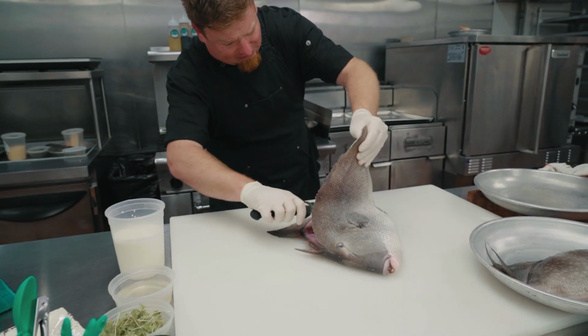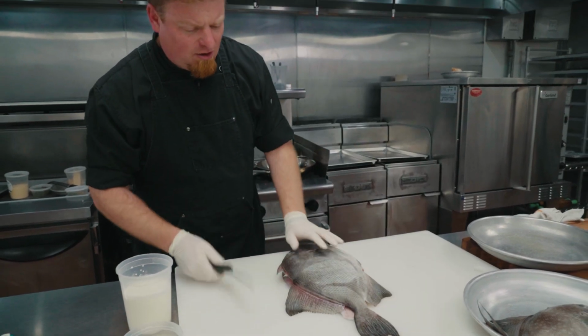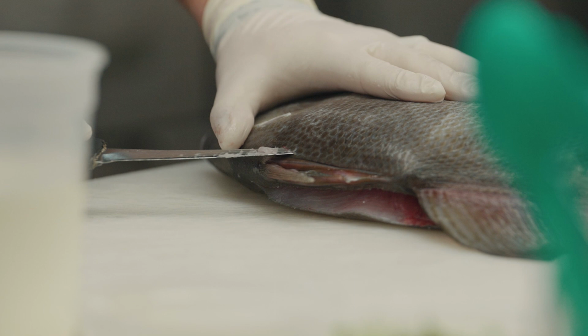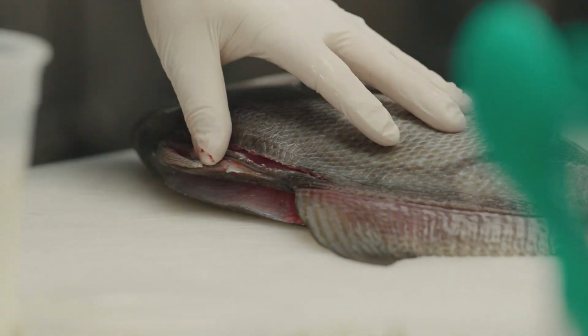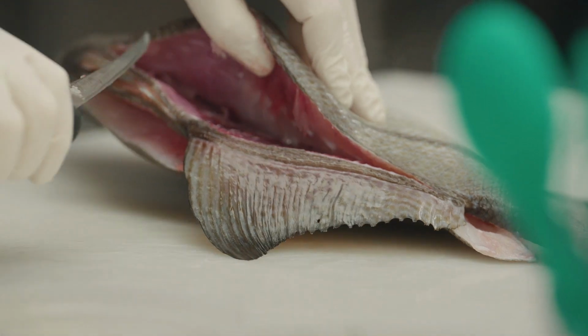So that fillet is completely cleaned. The ribs are cut, so now we'll do the exact same thing on the back side. Again, start up here by that fin, punch through, and then slowly work our way through this leathery skin, making sure our knife is right on those bones. You see, we'll come right down through here,